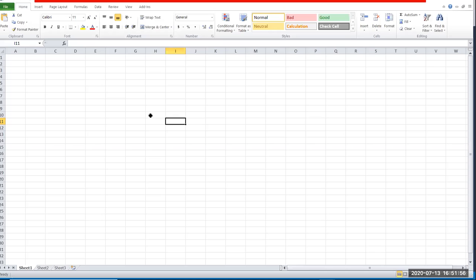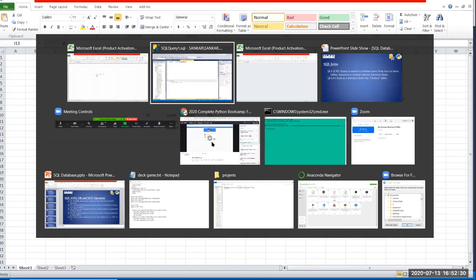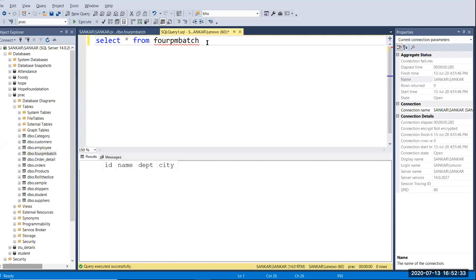Here we don't have any values, right? So just copy the headers and paste here, and in this field you won't give any values because this is identity. Okay, so that's why you won't give any value here, and you have to give the rest of these three columns. Okay, I'm going to pass some values here, name, and here also, or we'll take some data from the employee table.